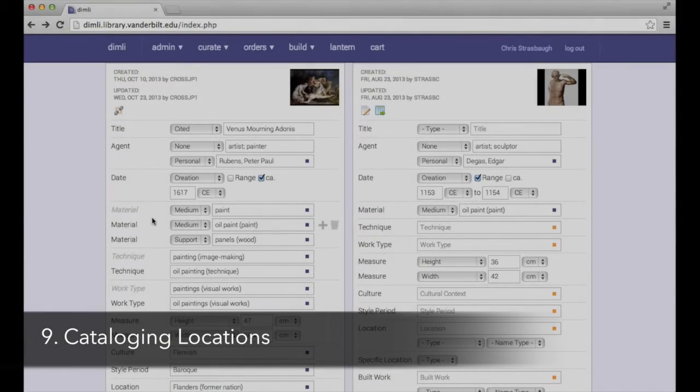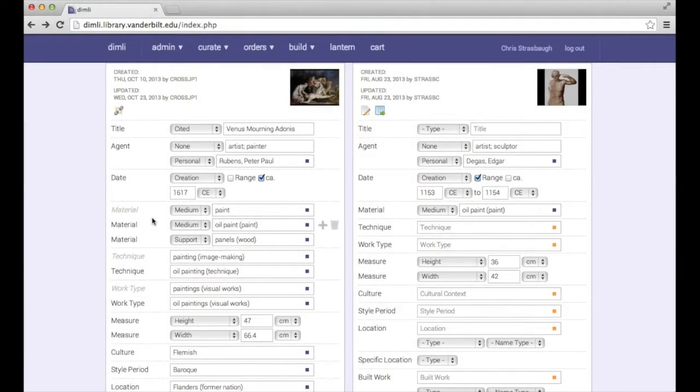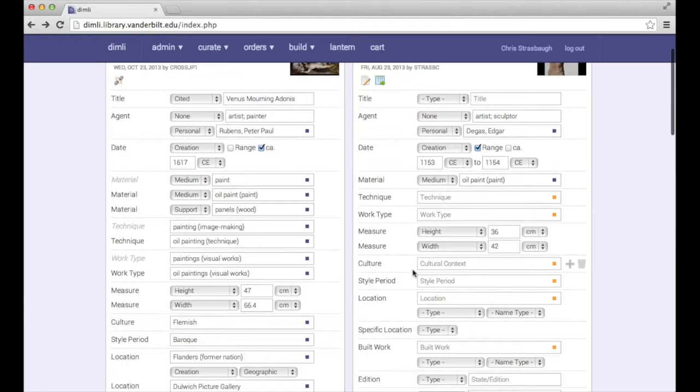One of the most powerful portions of the cataloging system is locations. The reason locations is very powerful is because a location can be a specific place, it could be a repository, it could be a work such as a piece of architecture that could act as a repository. And then you also have the ability for addresses and GIS positioning and any different type of location-based criteria that you want to use. So what we've actually done is really fine-tuned it in this version of DIMLI,